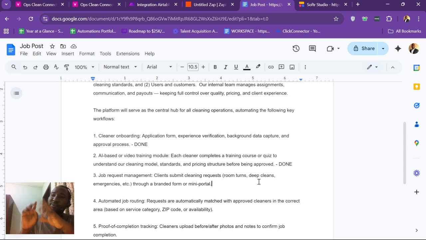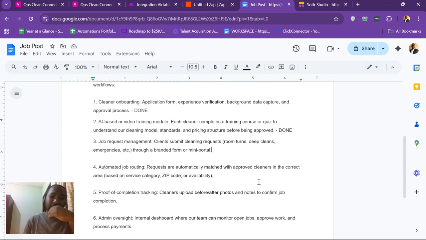Then you can automatically approve based on that result. So two things that the training or quiz app would need. We would look for a quiz app that has the ability to embed, so that we can embed it on our site. Then we look for a quiz app that has webhook ability, so that we can get information. But every standard quiz app will definitely have something in that regard. Every global quiz app. So we move to the next one, job request